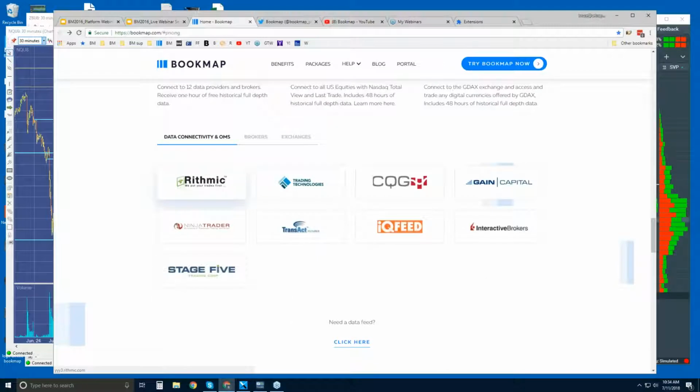Okay, and this is how you can connect with Rhythmic. You see also some platforms listed here: CQG, I'm sorry, TTX Trader Pro, Ninja, and Interactive Brokers Traders Workstation. Okay, but you can see that data providers such as Rhythmic, CQG, Gain Capital, Transact, IQ Feed, and Stage 5 offer many of those there. So, or I think all of them. So that's how you can connect Bookmap to the